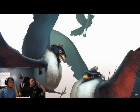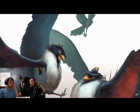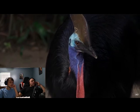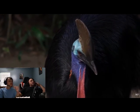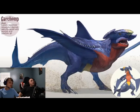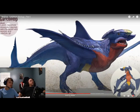Their hats have also been reimagined as unique looking bony plates, which are actually quite similar to the bony plates on the heads of real-life cassowaries, plates that these giant birds can use as a deceptively powerful weapon. Another challenging Pokemon to make realistic